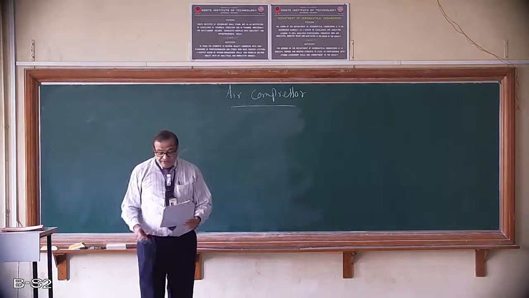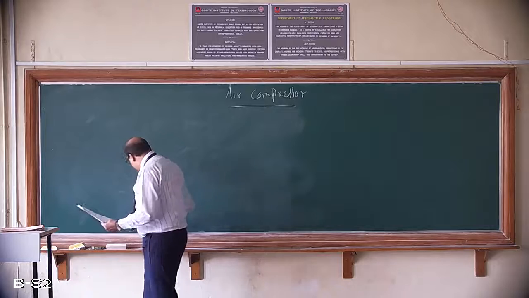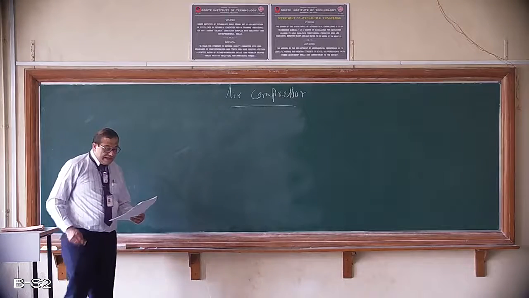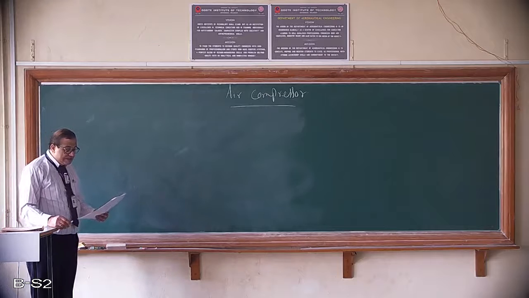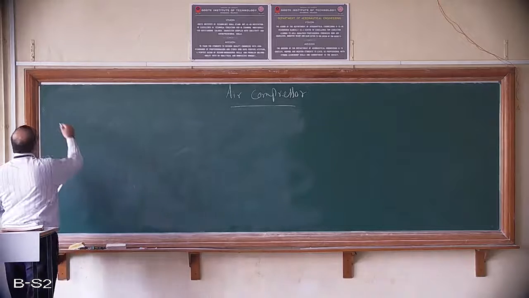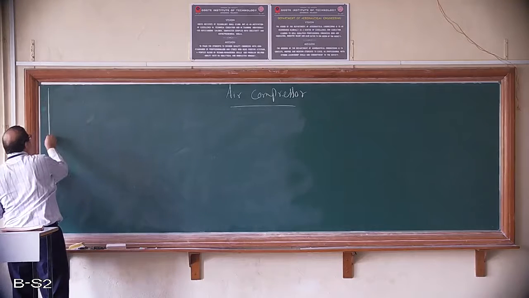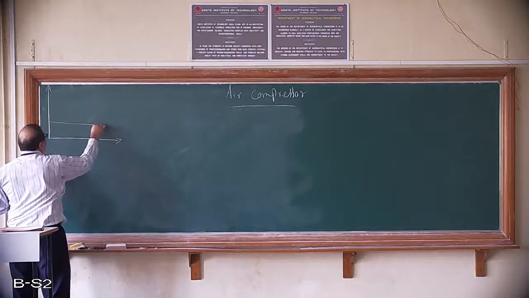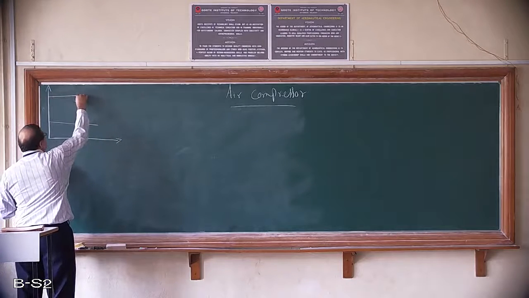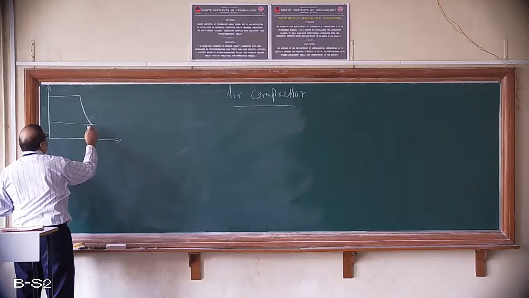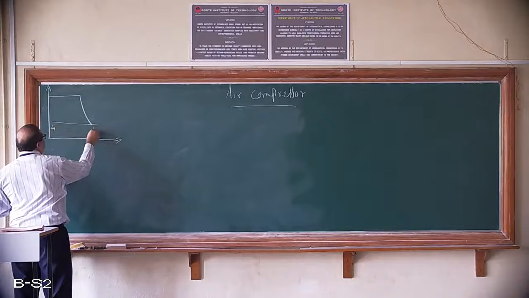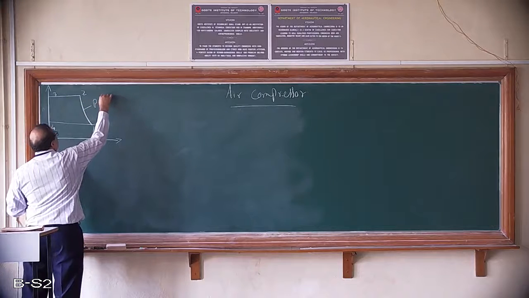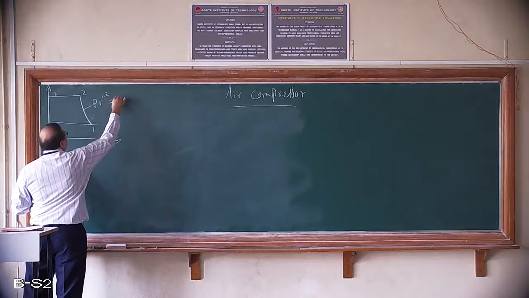So, first of all, we'll understand whether it is a problem on single stage or two stage. What is given there? An air compressor takes in air at 1 bar and 20. So, it's a single stage air compression. Before you start, always draw a PV diagram to understand the problem better. The PV diagram, this is without clearance. So, the PV diagram looks like this: 1, 2, 3. This is given PV to the power of 1.2 is equal to constant.